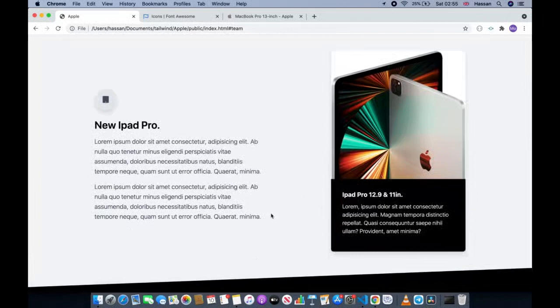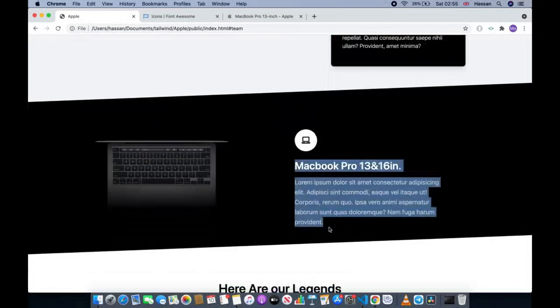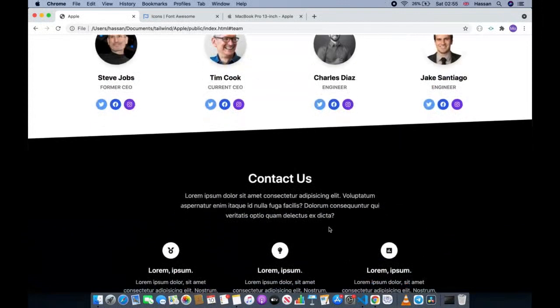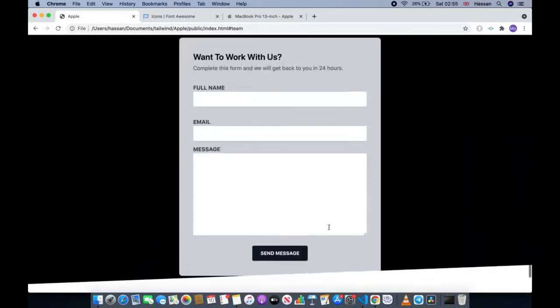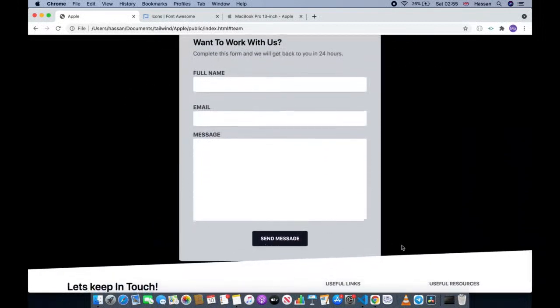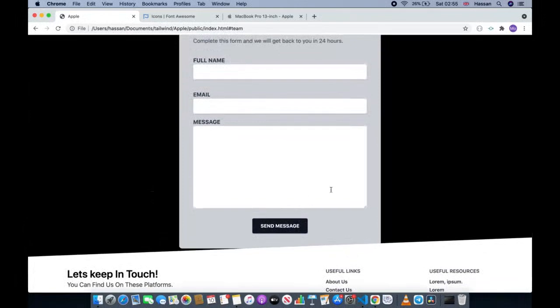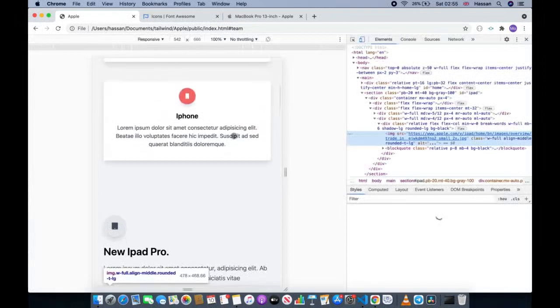Looks absolutely stunning. I must say it's one of the most beautiful websites I've worked on. And we can go down. We're in the Macbook section, and if we go down again, we have the team. So Apple's teams, the members of the team, and the contact us section, with a form, so the users can basically send a message if they want to, and finally the footer as well. And those polygons look absolutely stunning. It gives character to the website, and it adds a nice elegance to the website. It makes it look very cool. So I hope you have enjoyed this project, and again,